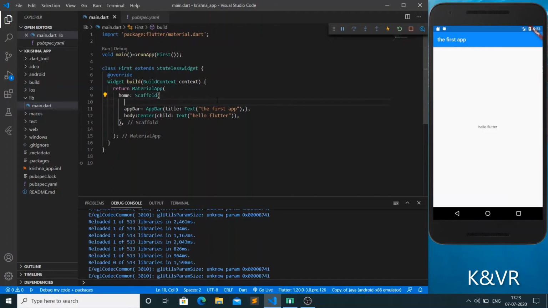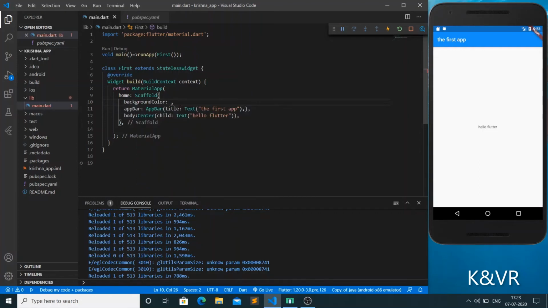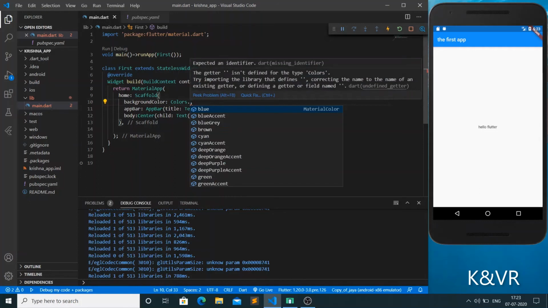Here, just press the control space button. Here, background color will come. Just click on that. Next, for the background color, what do you want? Colors. Colors is one of the widgets. It is a bundle of predefined colors. Just click on that. From that Colors we are getting the dot.